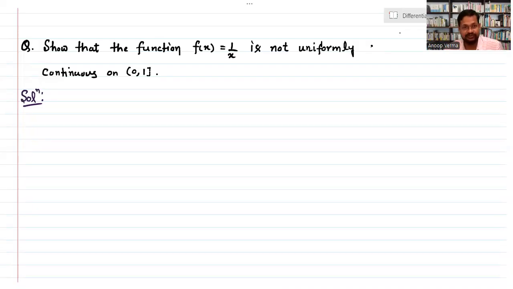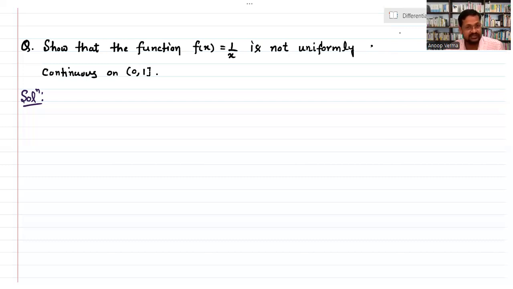हेलो स्टूडेंट्स, तो आइए कुछ प्रॉब्लम्स कर लेते हैं यूनिफॉर्म क्वांटिटी को चेक करने के लिए। तो हियर वी हैव अ प्रॉब्लम दैट इज द फंक्शन इज 1 by x and we have to show it is not continuous in the open interval 0 comma 1, है ना, and the close in the one side we can take or not, it's not depending on one, but here the 0 is included. So let us see the excluded, but let us see कि कैसे।